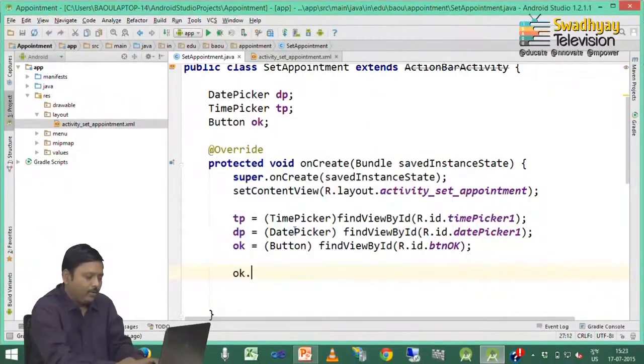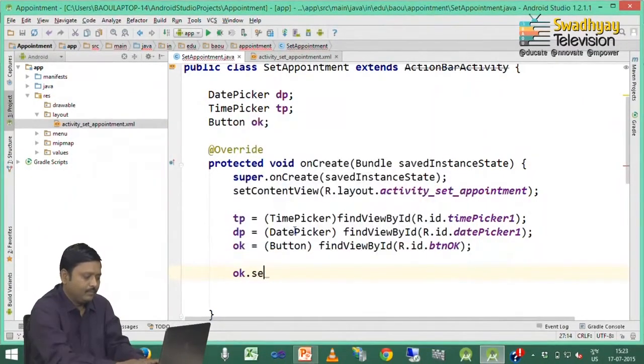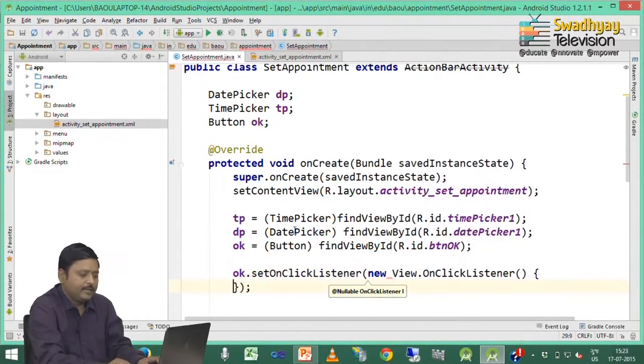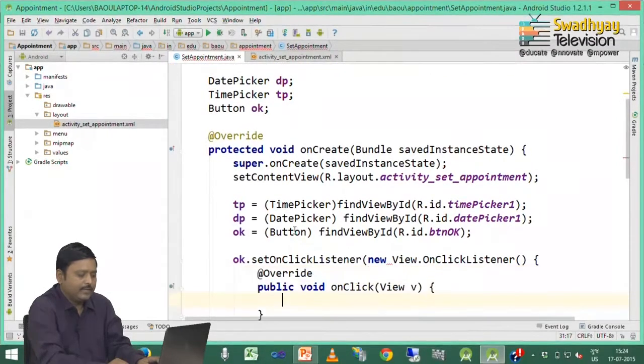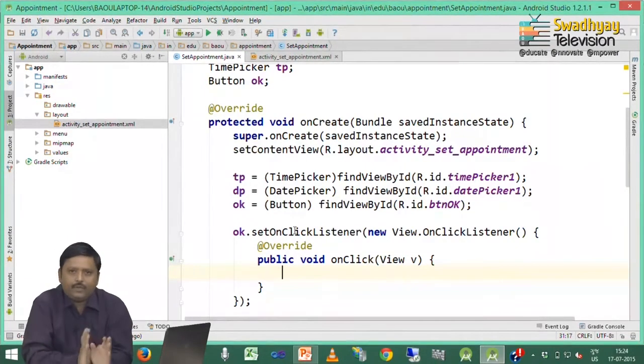Next we implement on click listener for these OK button and inside these we create instance of on click listener and write down code inside on click method. So, whenever this button is pressed we should fetch this date and time provided by date picker and time picker.